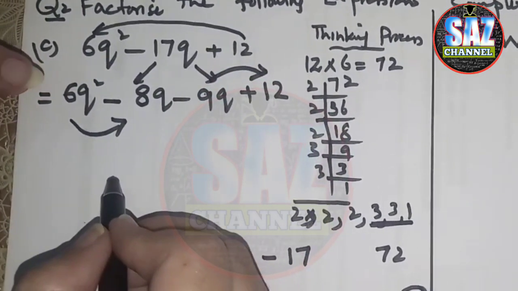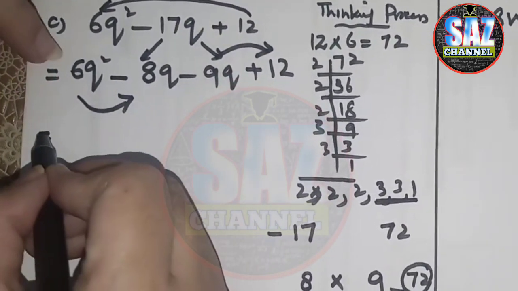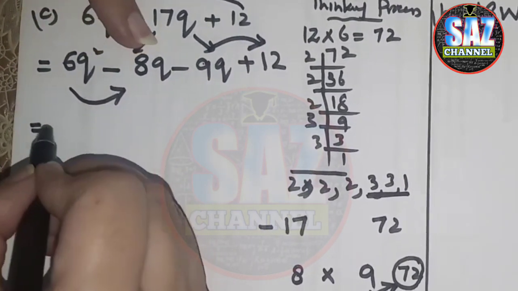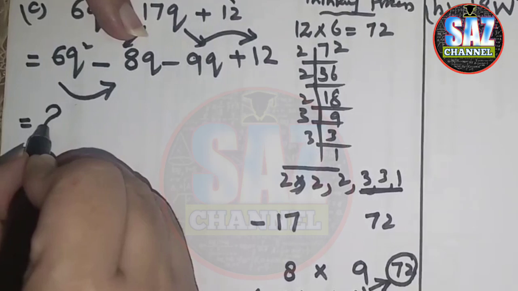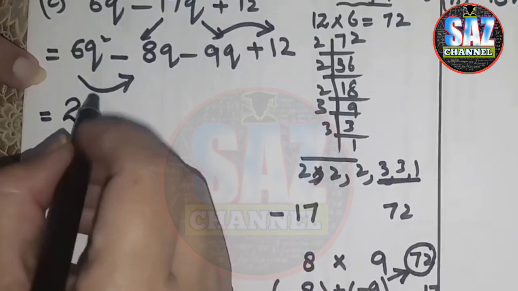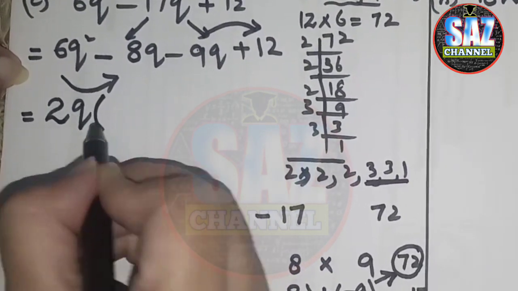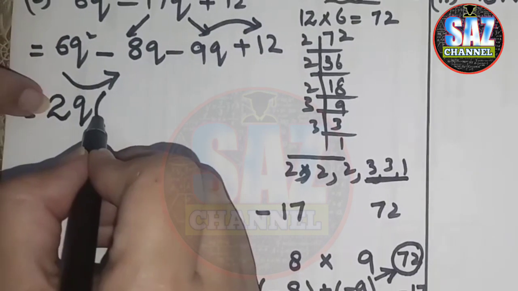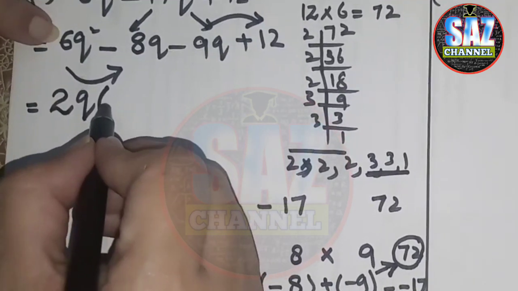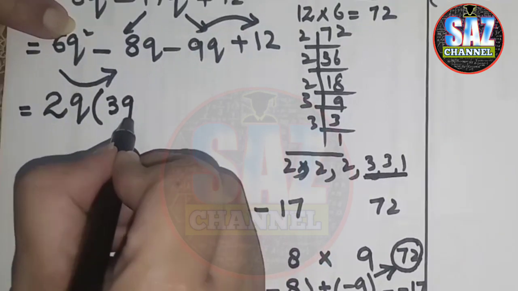I have to extract common factor from each group. If I'm looking at the first group, I can see that I have 2 common from the numbers because 2 3 times is 6 and 2 4 times is 8. So from the numbers I'll write 2 outside, and in variables q as well is common, so 2q outside. Then I have to mark the bracket. From 6q square 2q is out. 2 how many times will give me 6, 3, and one of the q is out, so I have to write one more q over here.